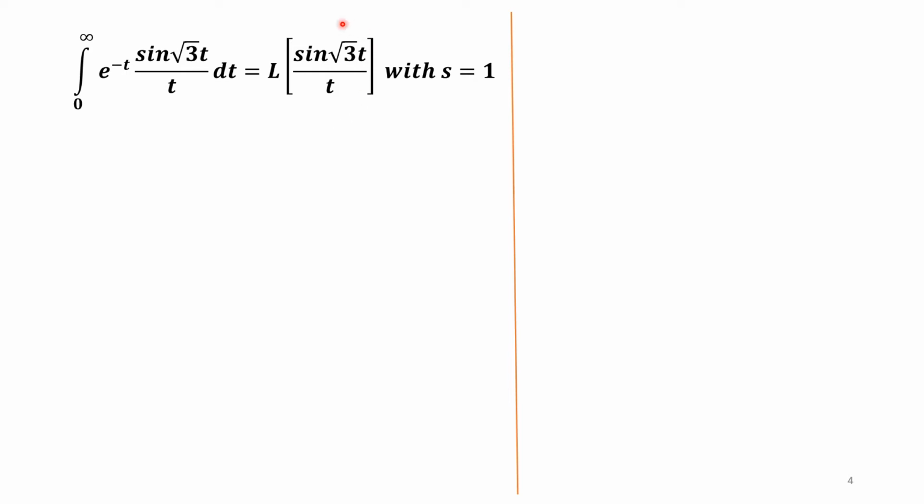So now we can make use of properties of Laplace transform to find the Laplace transform of sine root 3t by t. So since we are having division by t, whatever is the function in the numerator, we have to calculate the Laplace transform. So the numerator function is sine root 3t. So calculating the Laplace transform of sine root 3t, this is of the form L of sine at, which is a upon s square plus a square. So here we will get root 3 upon s square plus root 3 square. Root 3 square can be replaced by 3.